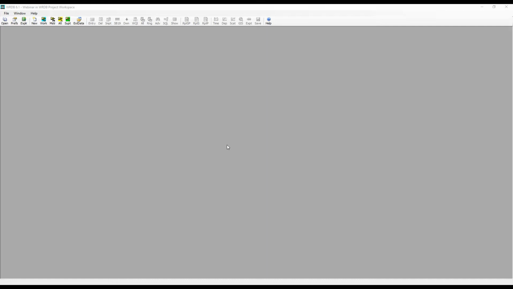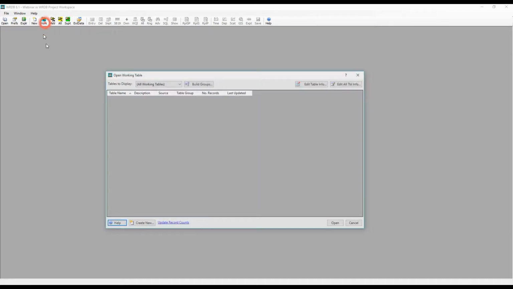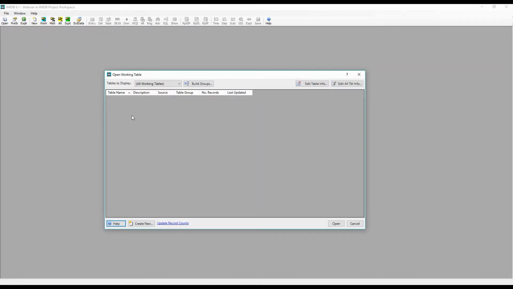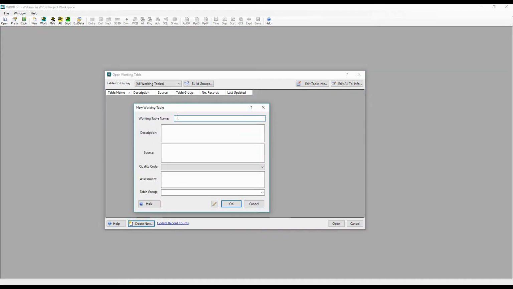I create separate tables within my WRDB project for each one of my data types. So I'm going to create a working table for my USGS flows. So I clicked on work. I'm going to say create new, and I'm just going to call this table USGS flows. My source was Basins download. Again, being able to keep track of where our data came from. I'm going to say OK,